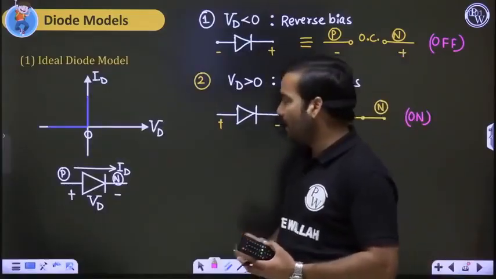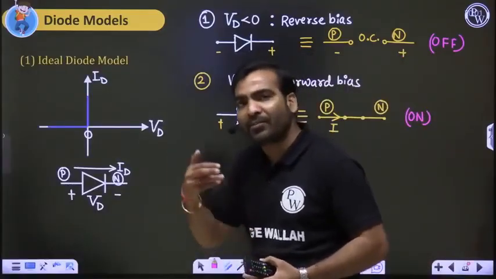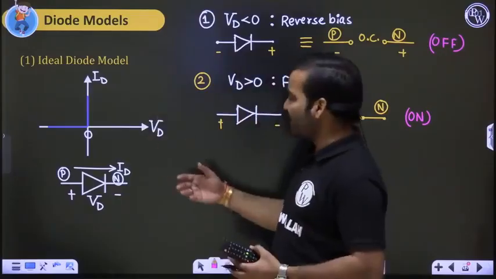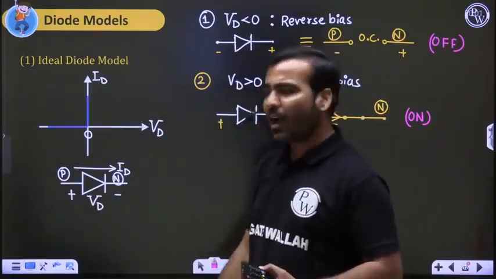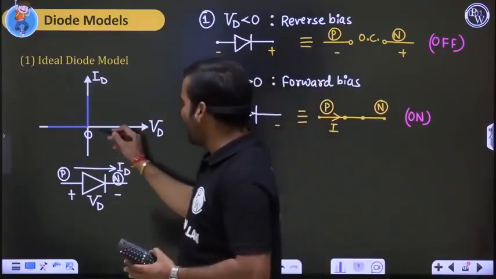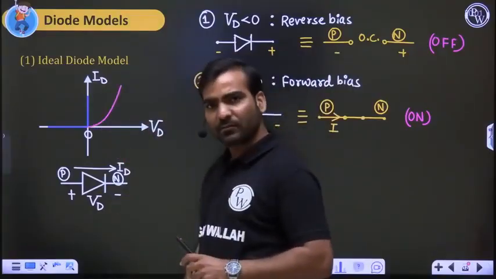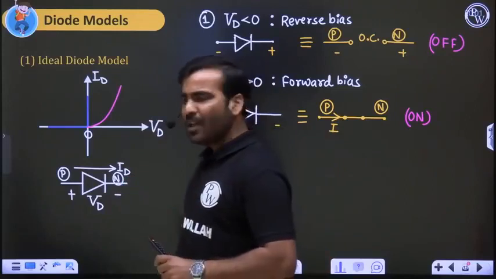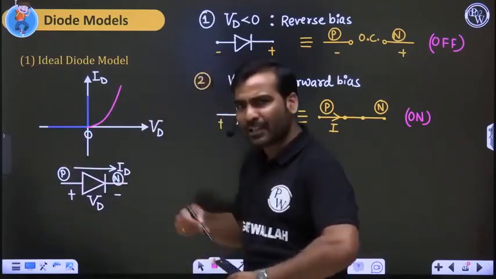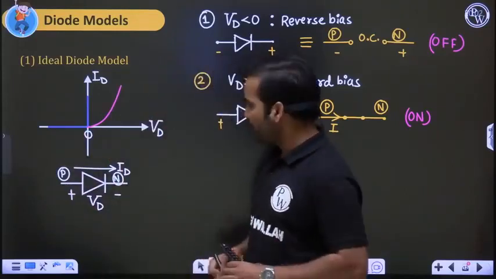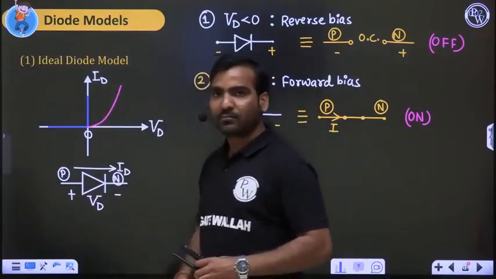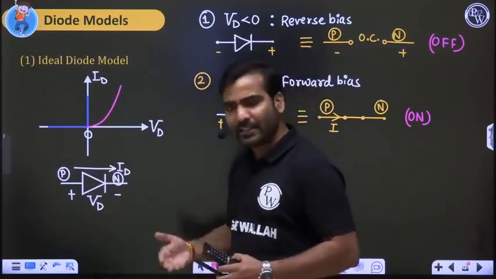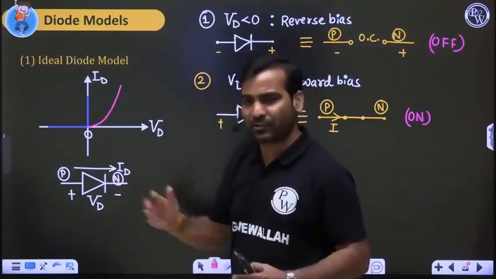But in this model, suppose you are very honest. You will be saying, sir, how can we do this approximation? To the scientist you are saying, how is it possible? The actual diode has characteristics like that. In reverse bias I am okay because that current is very near to zero. Well, you have approximated this characteristic to this. So scientists are saying, it is an ideal diode, we are assuming like that.